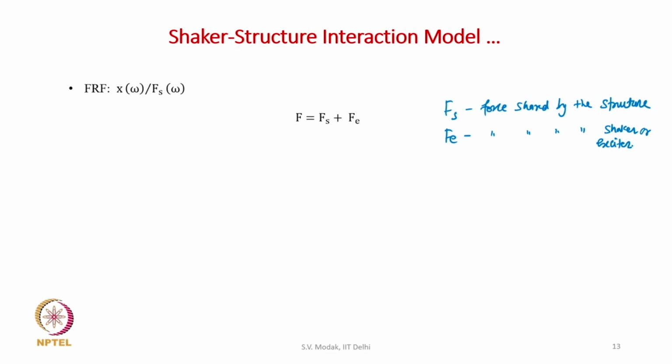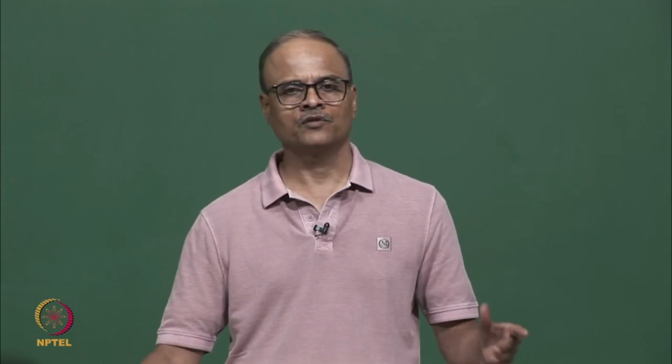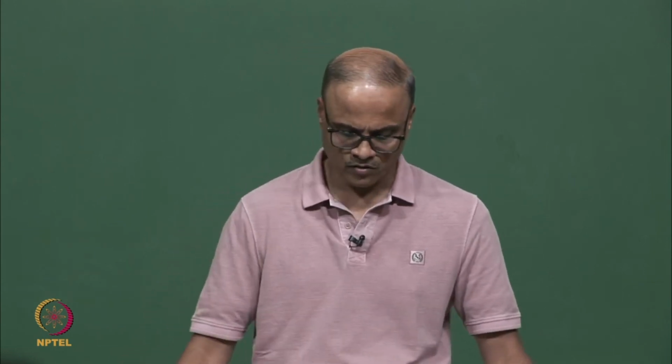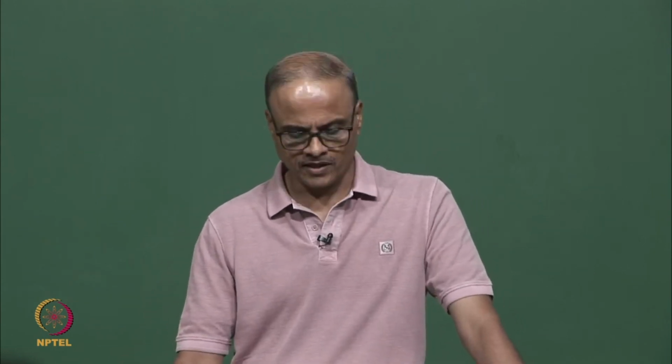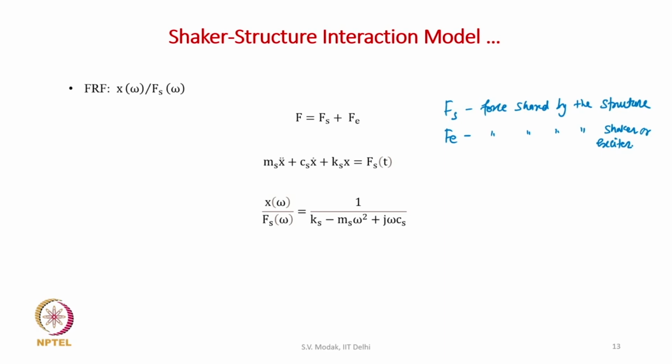And if Fs is the force acting on the structure, what would be the equation of motion of the structure? That can be obtained by applying Newton's law to the structure with force acting equal to Fs, and that would be simply ms x double dot plus Cs x dot plus Ks x is equal to Fs. And therefore, if the voltage input is harmonic, the force generated will also be harmonic, the force shared by the structure will also be harmonic, and in that case the displacement of the system will also be harmonic, and then we can easily work out that FRF x upon Fs as 1 upon Ks minus ms omega square plus i omega Cs. So what we now observe here, in the denominator of this FRF, the properties of the structure alone are appearing,